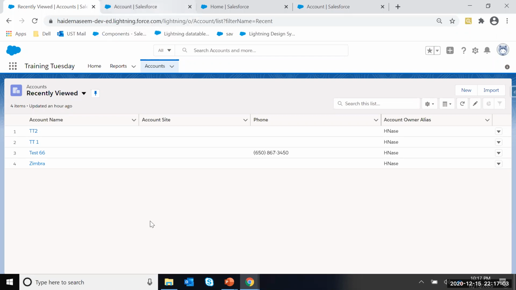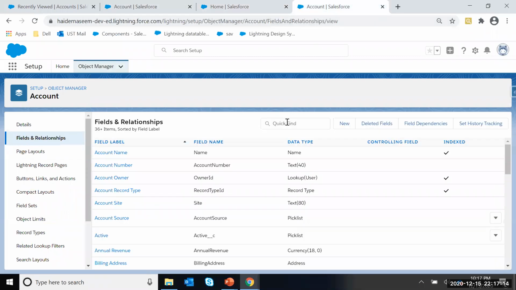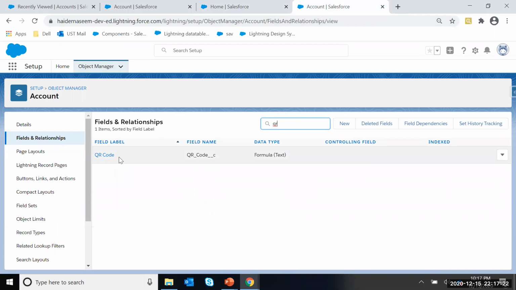So for my demo, I'm using the account object, and what we are going to do is we are going to have a formula field that is going to be having the image function and the Google Chart API link. So I have already created this formula field.